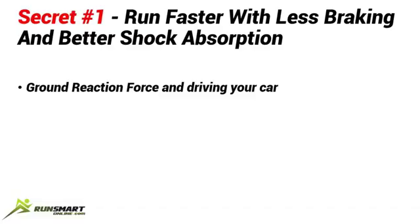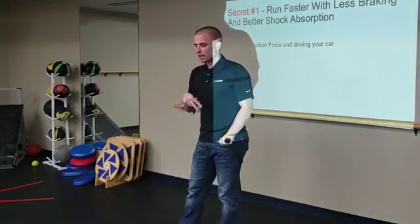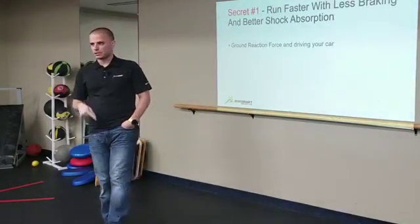So, running faster with less braking and better shock absorption. We're going to talk about ground reaction forces in driving your car because there's an easy analogy to understand that. If you think about the average runner, they take 80 steps a minute on average on one leg. So if you take both legs, it's 160 steps a minute. And the most typical run form, which we're going to talk about, is toes pulled up, knees straight, entering